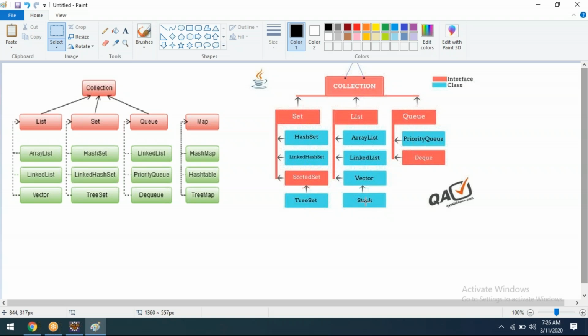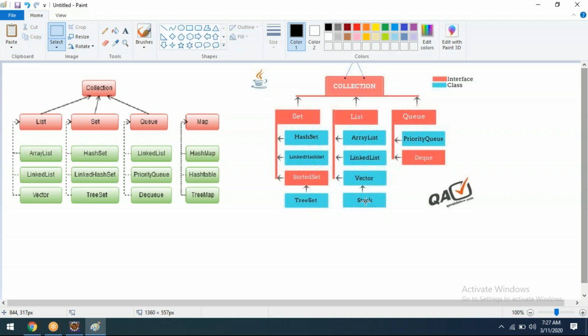Then duplicates are allowed. Meaning how many times we enter the same object or the same value, it will go and save it. We can give supu 10 times, Uma 10 times, there is no problem. The duplicates are allowed, meaning however many times we give the existing one, it won't bother about that.